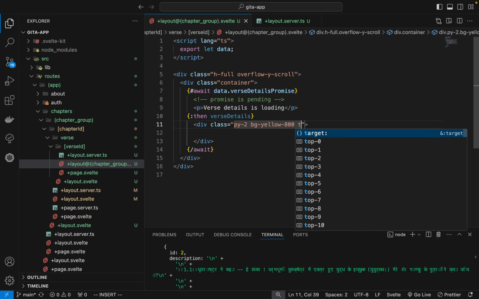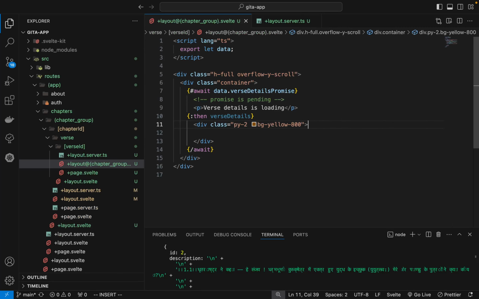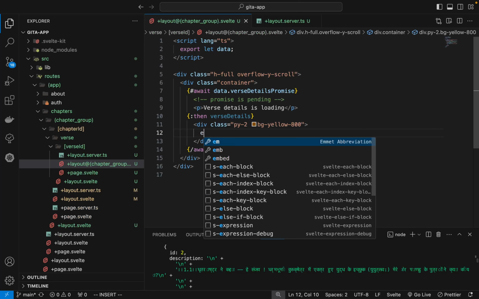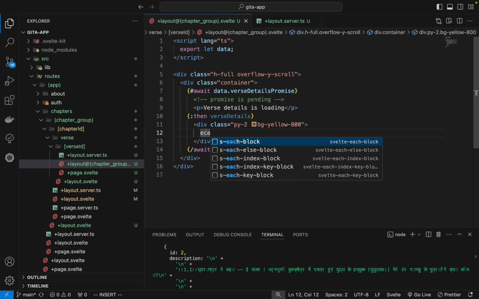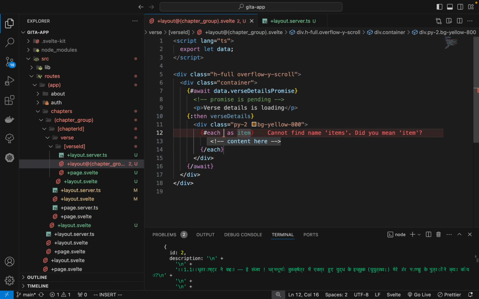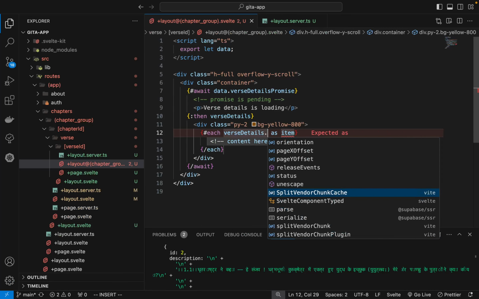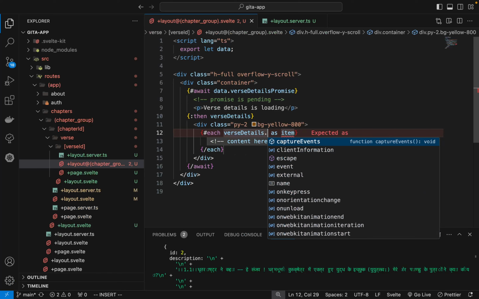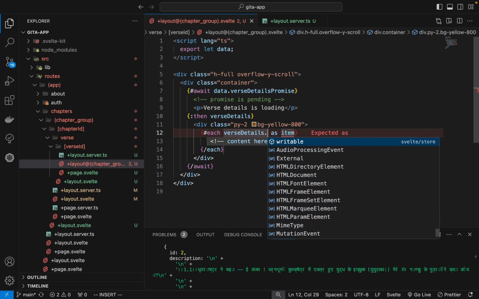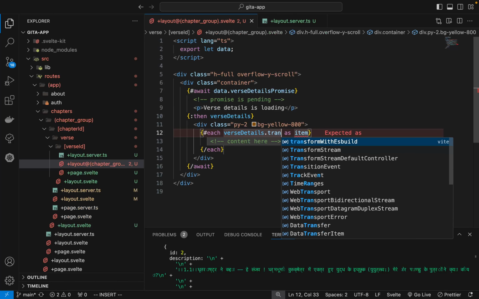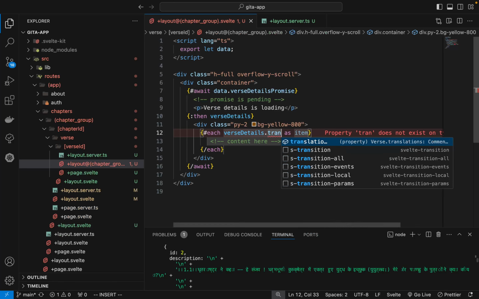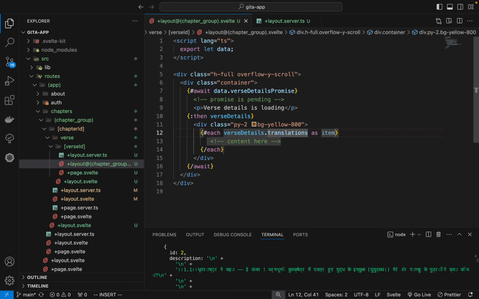Now text, nothing else, simply use it. Now make it here, make a block here where we need verse details dot translations or commentators. Okay,